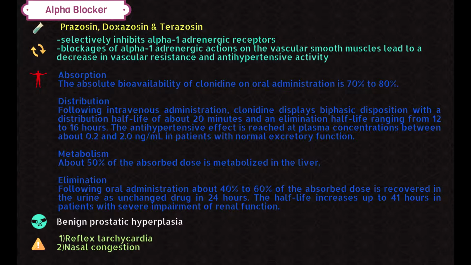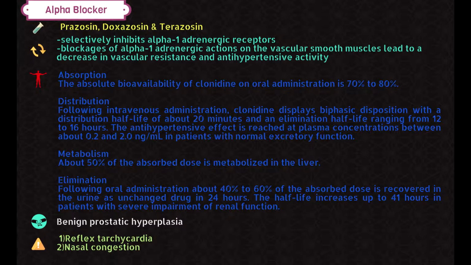Absorption. The absolute bioavailability of clonidine on oral administration is 70% to 80%. Distribution. Following intravenous administration, clonidine displays biphasic dispositions with a distribution half-life of about 20 minutes and an elimination half-life ranging from 12 to 16 hours. The antihypertensive effect is reached at plasma concentration between about 0.2 and 2.0 nanogram per milliliter in patients with normal